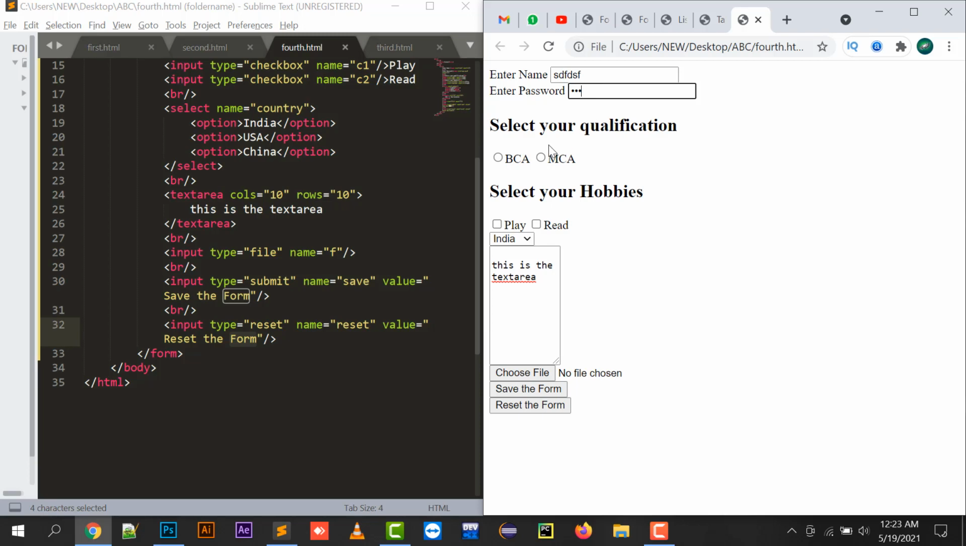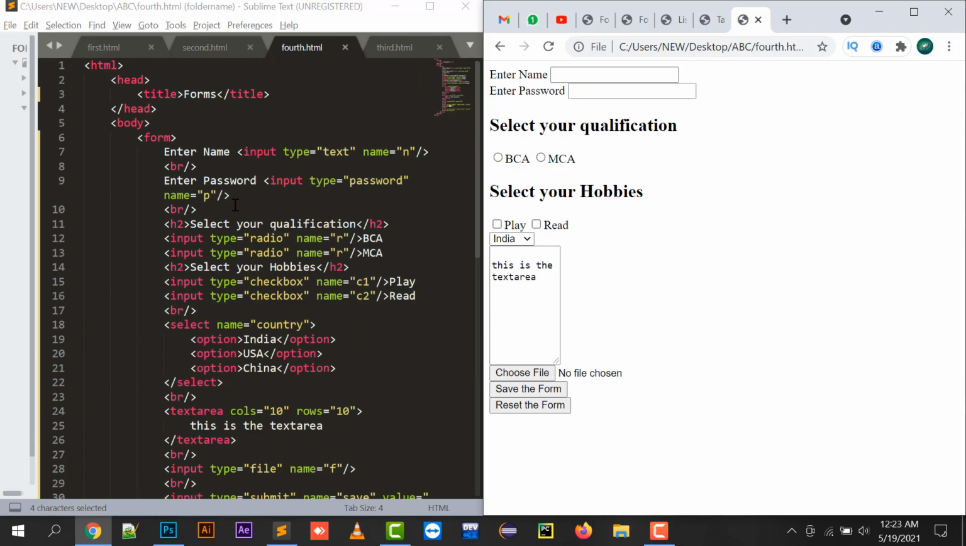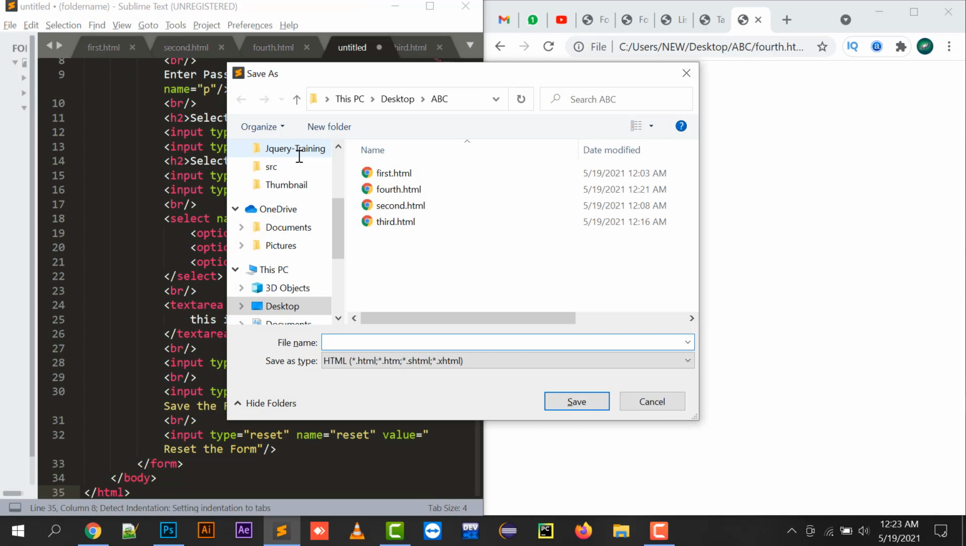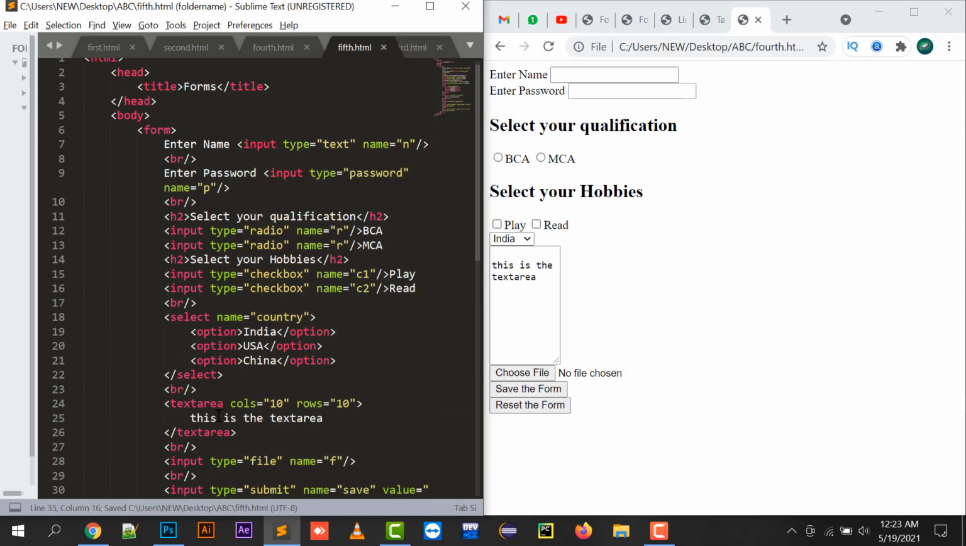And if I save this, right now it is not going to save anywhere, but in the future you can save it into your database. So this was all about your forms in HTML. So moving to the last topic, that is the fifth file of my HTML, that is basically